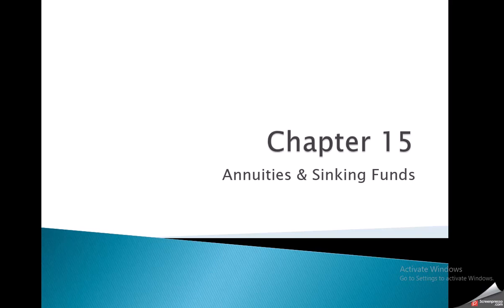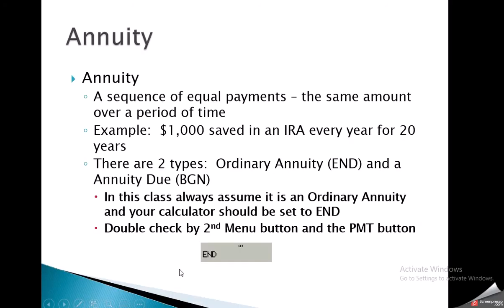Chapter 15, we are still going to be using our time value of money keys. Now we're going to add the payment or the PMT key. So that's what's called an annuity. So an annuity is basically an annual or periodic payment that comes in the exact same amount over a period